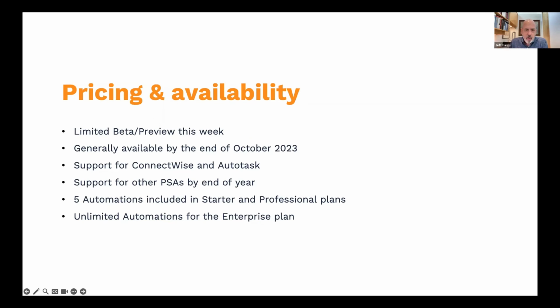Users on our Starter and Professional plans will be limited to 5 automations. That should be enough to take care of either the basics or at least to let you see it and work with it. And then unlimited automations are in the Enterprise plan. For those of you that aren't on Enterprise today, as you can see, we're making a push to get you there, in part because that brings about